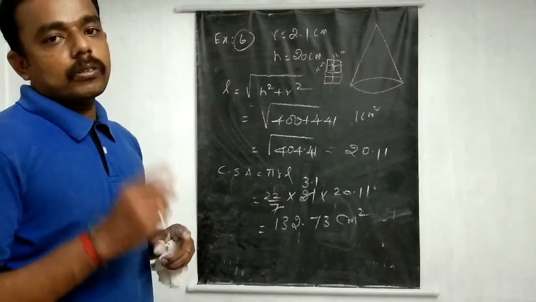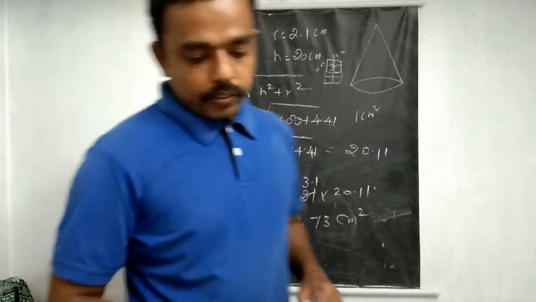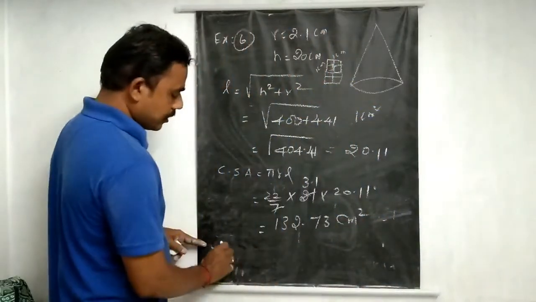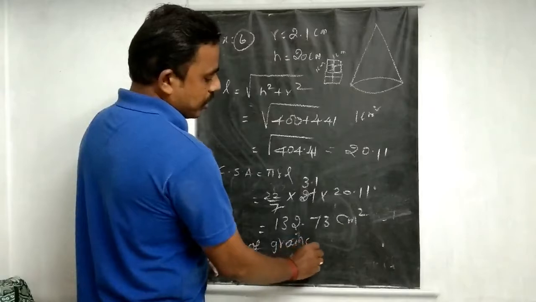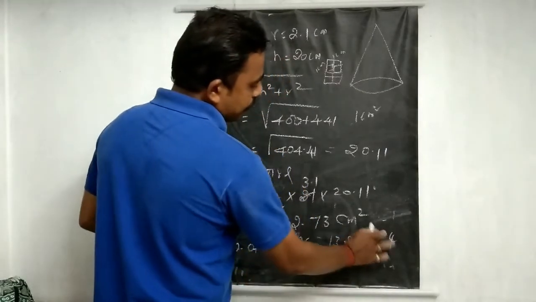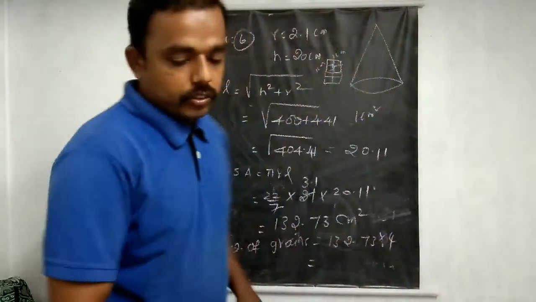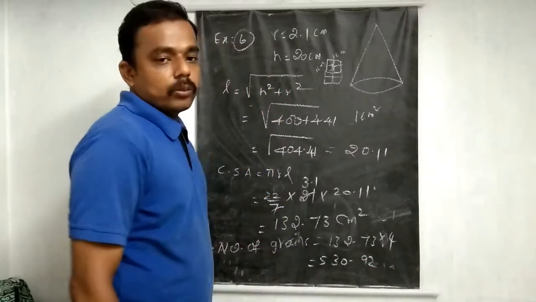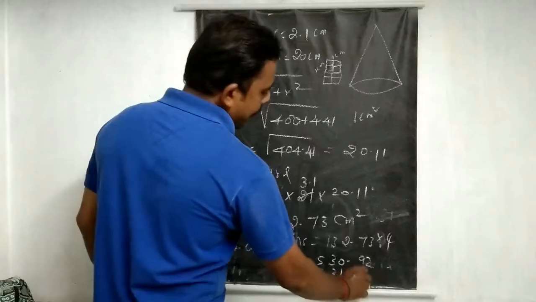the number of pieces. So the question is actually to find how many grains you would find, the number of grains. Everything is given in our book. You take 132.73 into 4. So multiply by 4 and you may get the answer 530.92. It's greater than 0.5, so it is approximately 531.